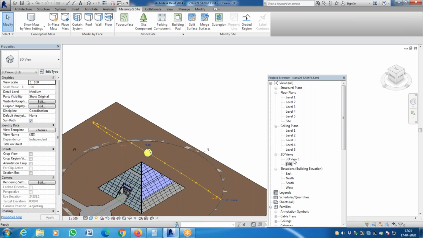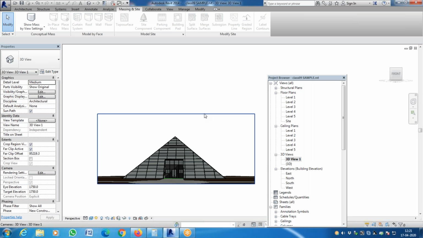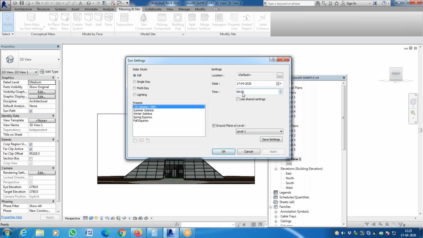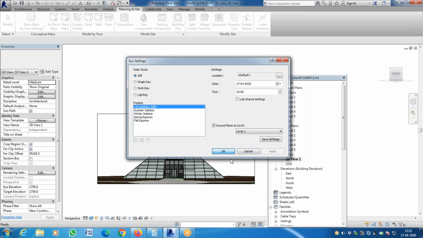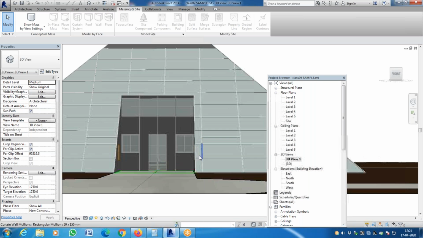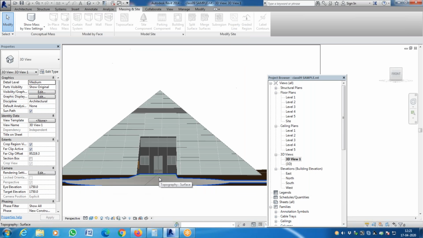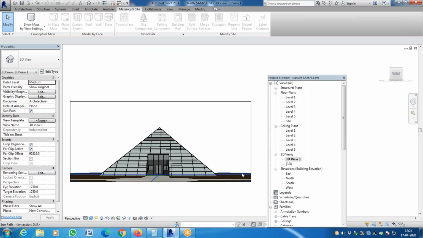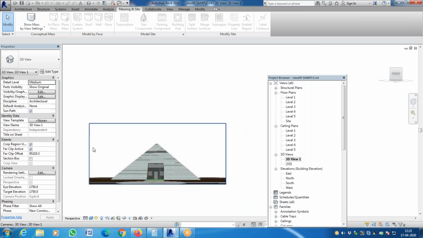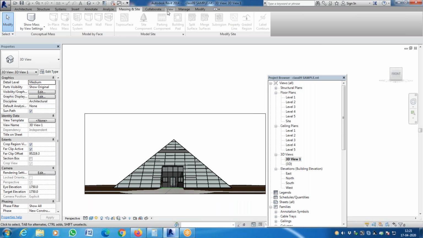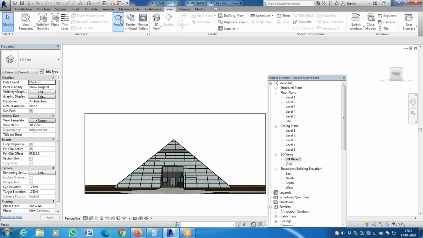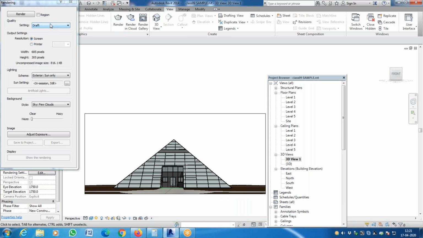So what I can do is I can suggest definitely 10 o'clock. 10 o'clock is a better time where this building is going to be illuminated. Yeah, so I see the shadow here. 10 o'clock seems to be nice. Okay. Now what I'll do is I'll go to view and click on render, and I just want to see,